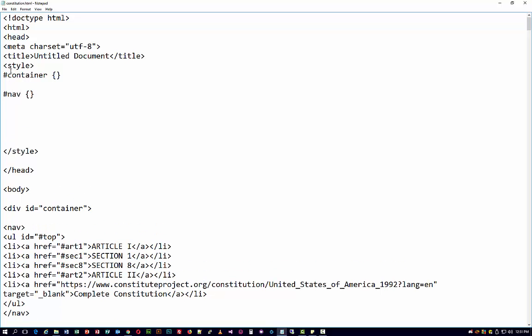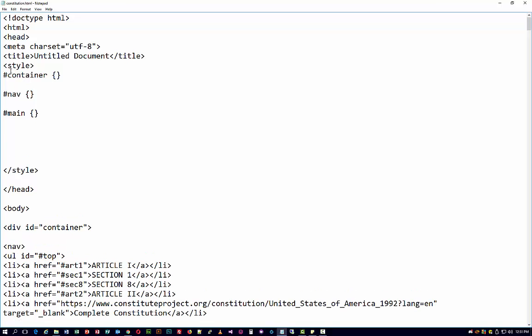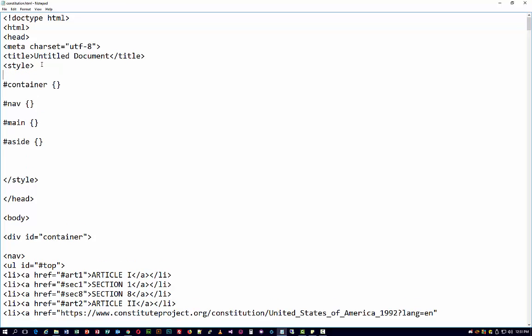So I got my nav tag that we're working with. I know I forgot something. The main tag. We have to have the main tag. Yes, we have to put our 3rd column, put it around it, and call it the main tag. So then, while I'm up here, we go ahead and put the main tag, and that's going to be for all of the text of the Constitution. And our last one is going to be our side tag. All right. Okay, so those are the 4 tags that we're going to be playing with